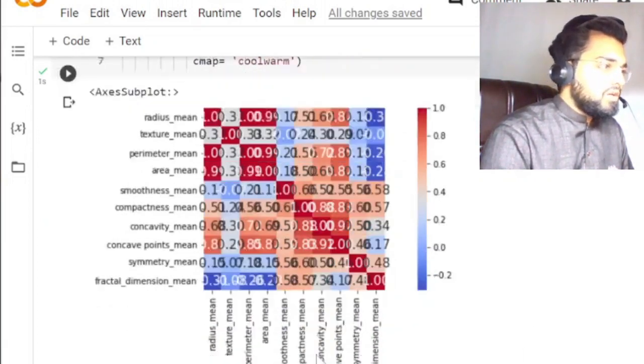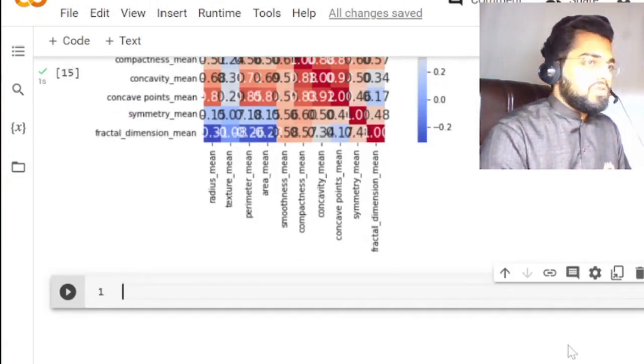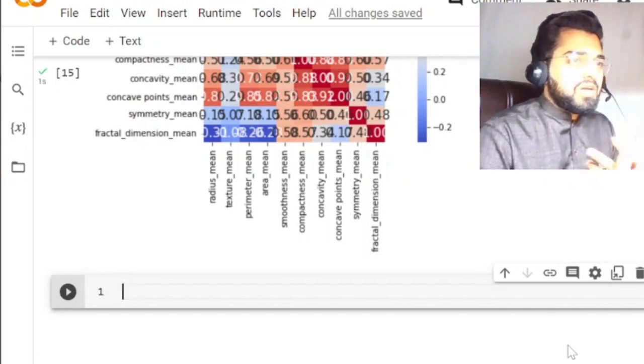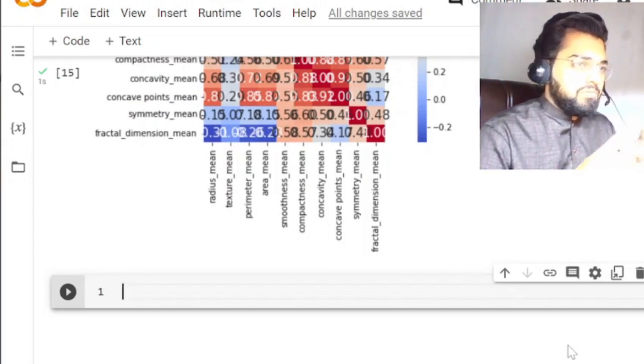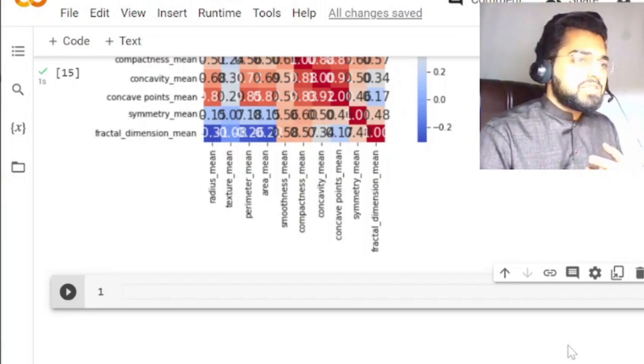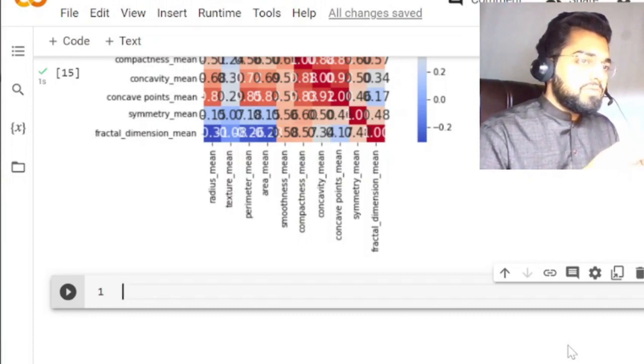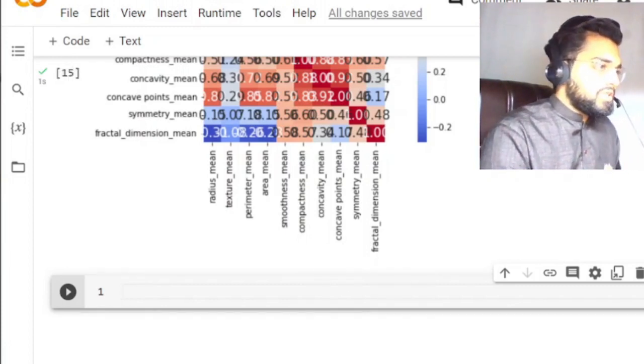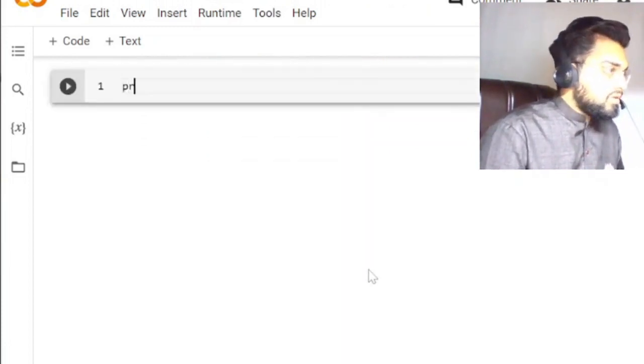For example, number one is the radius parameter and area are highly correlated, as expected from their relation. So we will use any one of them. Second, compactness mean, concavity mean, and concave points mean are highly correlated. So we'll use compactness mean from here, and the selected parameters we use are perimeter mean, texture mean, compactness mean, and symmetry mean. So the prediction variable that we will use,